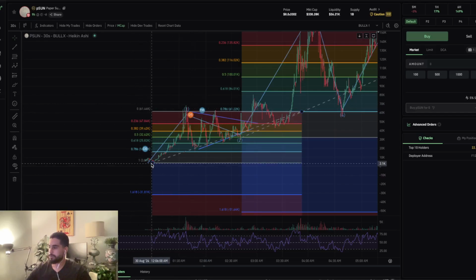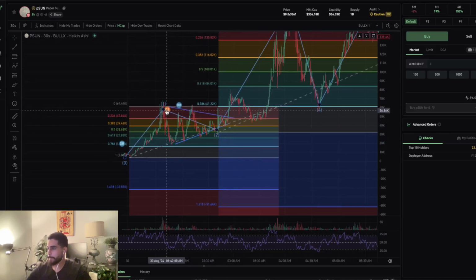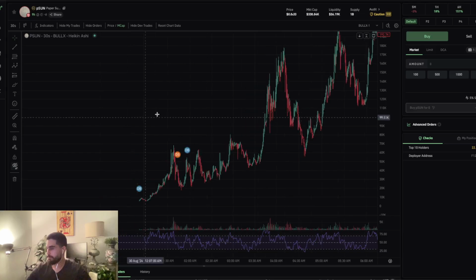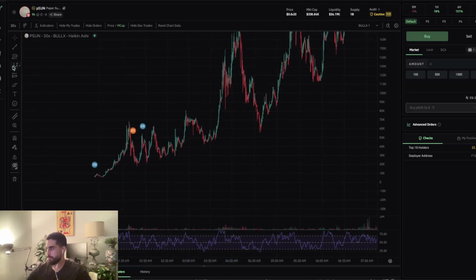You want to go from the swing lows, you get your Fibonacci, swing lows to swing highs, and you want to look for a pattern. You want to look for this pattern. This pattern is what makes all markets. All markets will repeat over and over again with the same pattern. And that is,